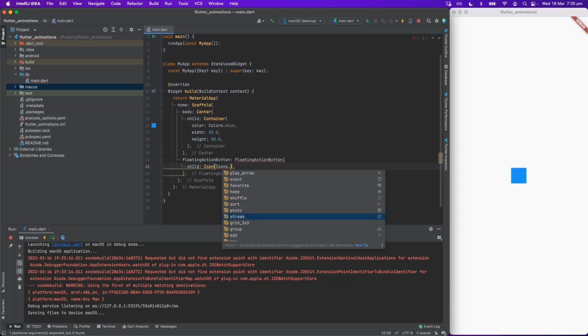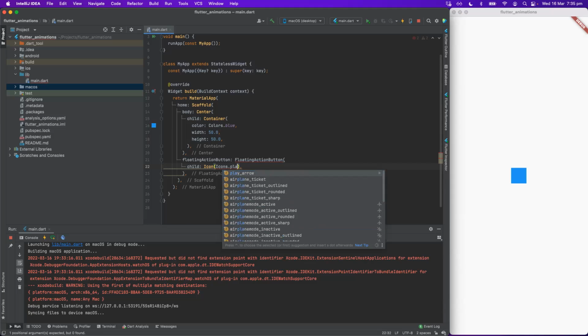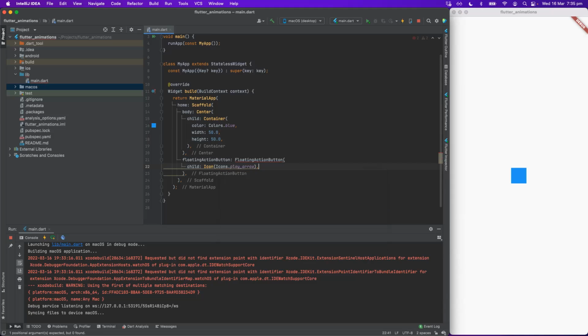As I said before, you can use this set of Material Design icons. There are lots of them for every situation. I'm going to just go with this simple play arrow. And another parameter is onPressed, which is basically what happens when you press this button.